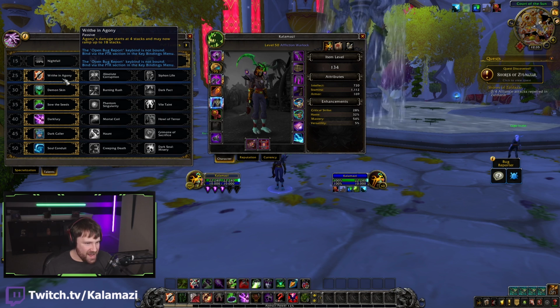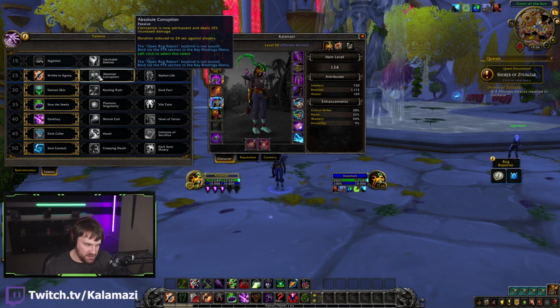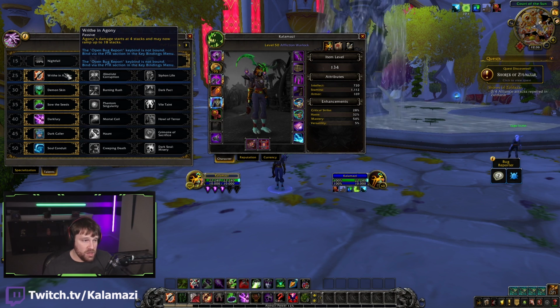25 row, Writhe in Agony. There's a bit of a change here. It now stacks to 18 stacks instead of 15. So it gives you a bit more damage when taking this talent, which, to be fair, I think it was sort of needed. You really didn't take this much in earlier BFA unless you were playing like triple Sudden Onset in Mythic Plus. And while I did really enjoy that build, I think Writhe did need a buff,